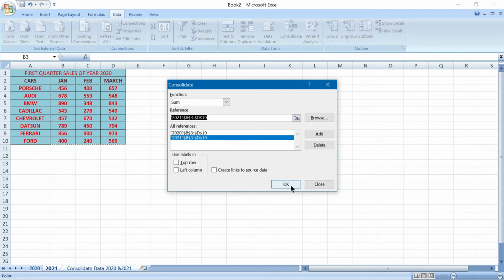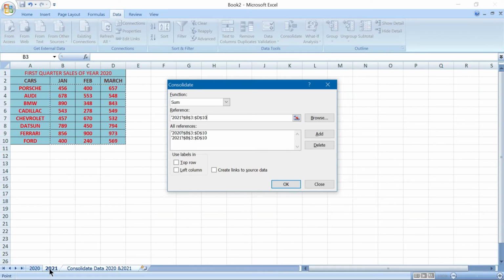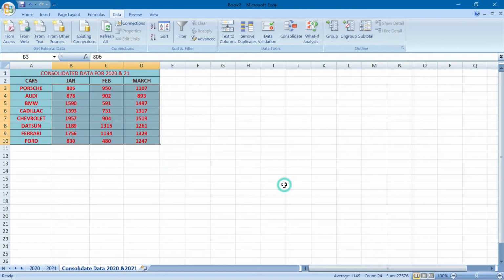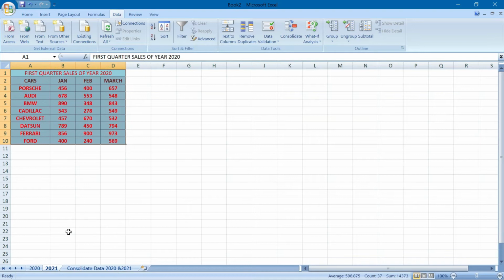Now you see out here 456 is here. Okay, and there is 2020, another data is there, you can check it out. Okay, this is the 350. And this is actually the 456. Okay, now you consolidate out here. Now you see it has come as 806. Now the last data you check it out, then you can understand 1247 is the data. So now it is out here 678 and here it is 569.